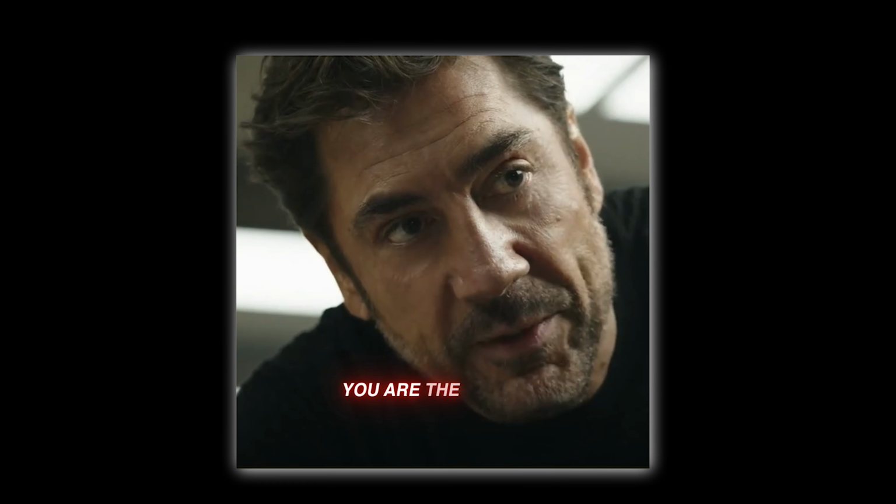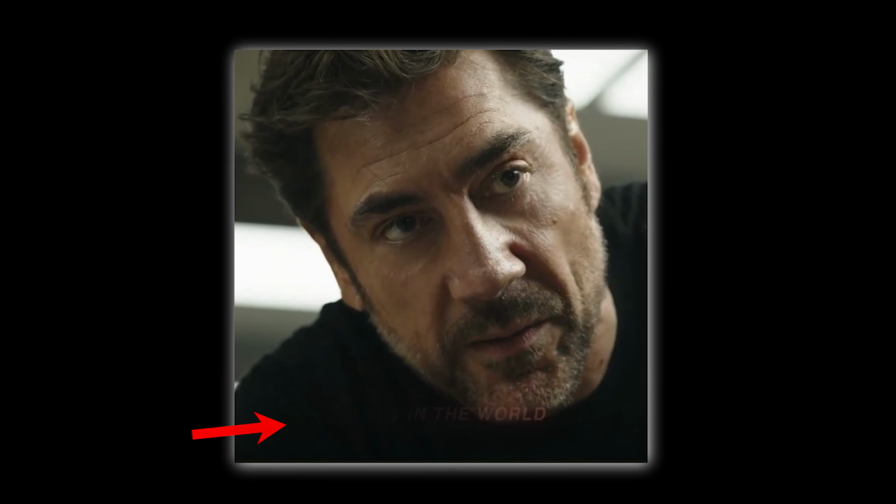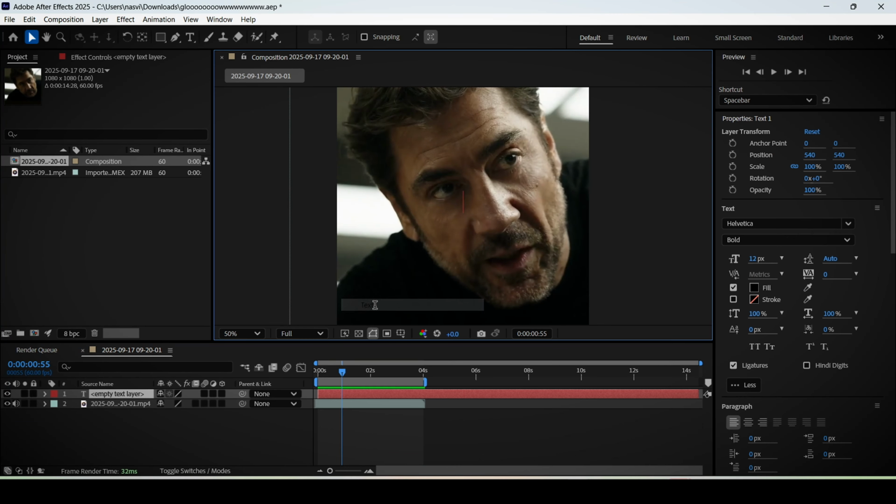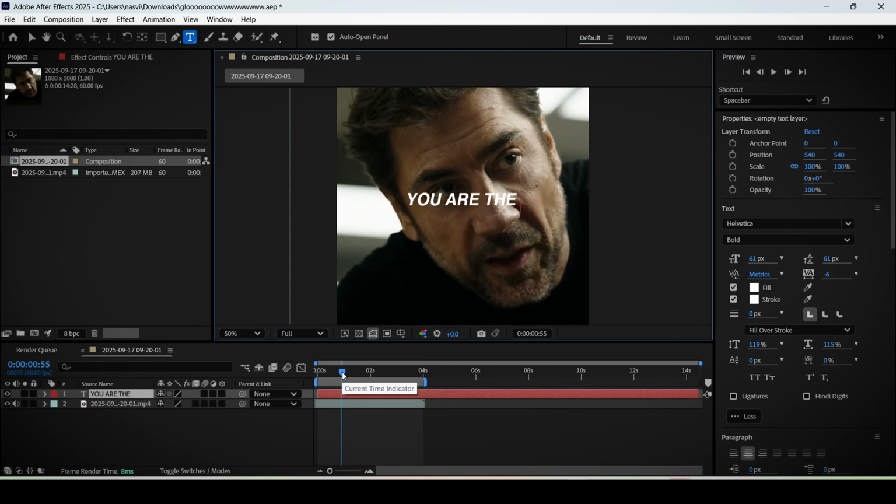Today I will show you how to make these viral captions inside After Effects. Okay, so first things first, right click this area, New, then create a text layer. Type in what the subject in the video is saying. You can hit enter or the return button on Mac to move one line down, and then you can write